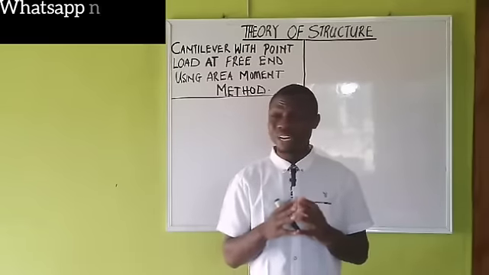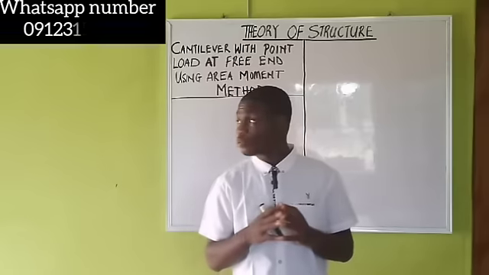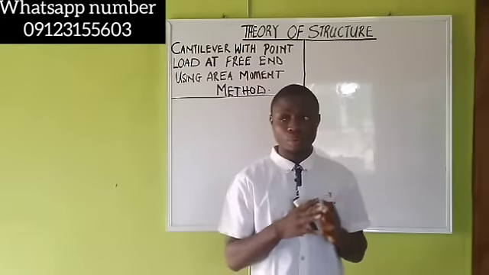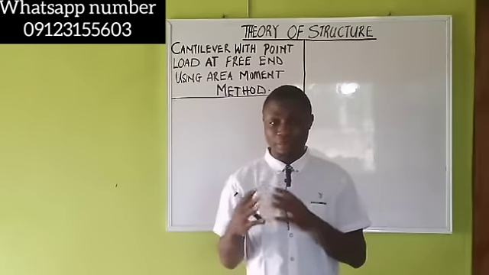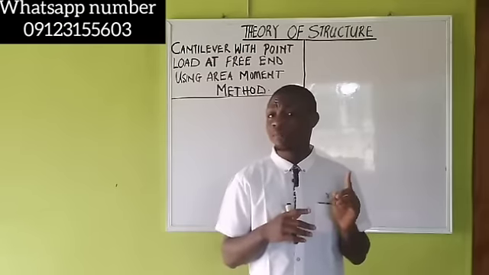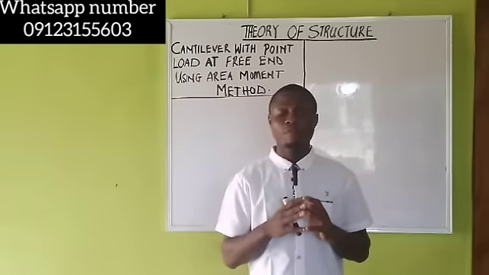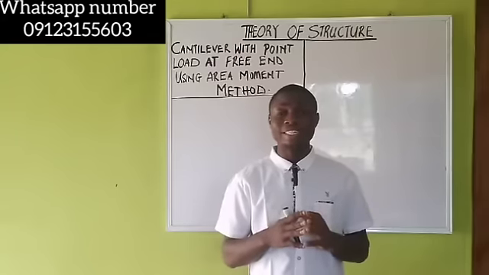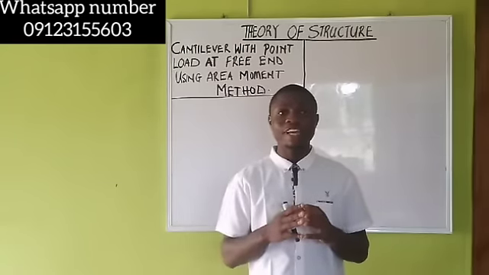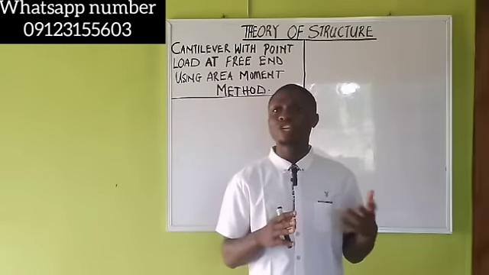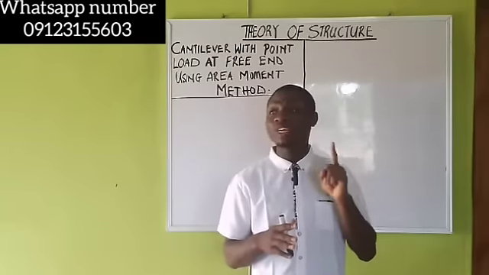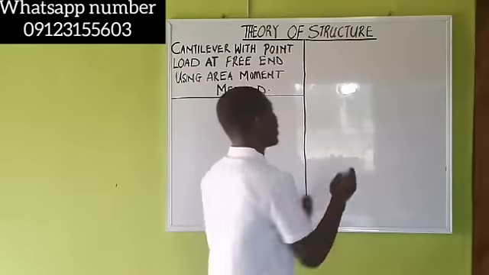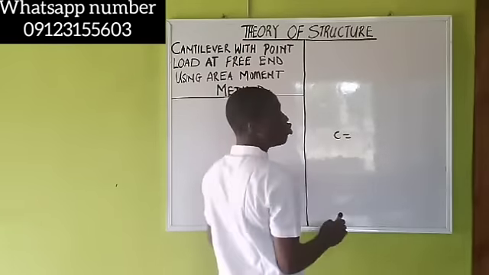Today, I'm going to be looking at the concept of how to derive the deflection and the slope equation for a cantilever beam with a point load at its free end using the area moment method. From our previous video, when we derived the slope equation and the deflection equation of a cantilever beam with a point load at free end using the double integration method, we had our slope C to be